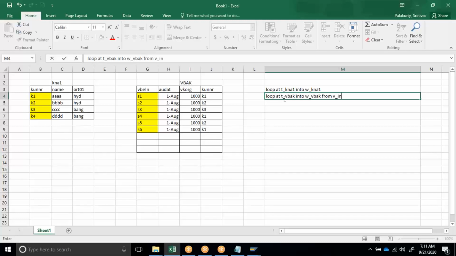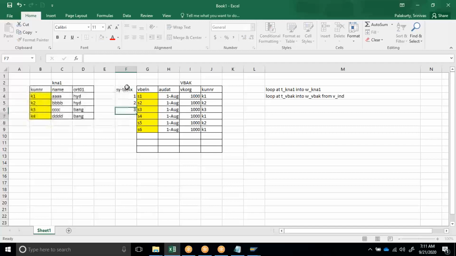from V_index. Whenever you declare an internal table, there will be one field called SY-TABIX in the internal table. So SY-TABIX is 1, 2, 3, 4, 5, 6. Here the SY-TABIX is 1, 2, 3, 4. When you declare an internal table, the row count comes automatically, which is the sy-tabix index.